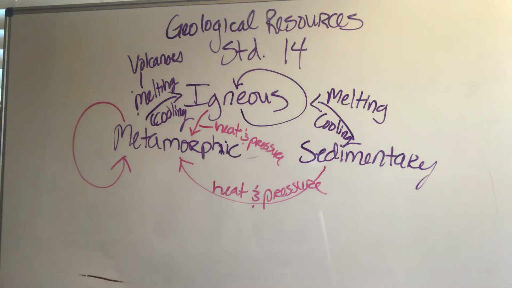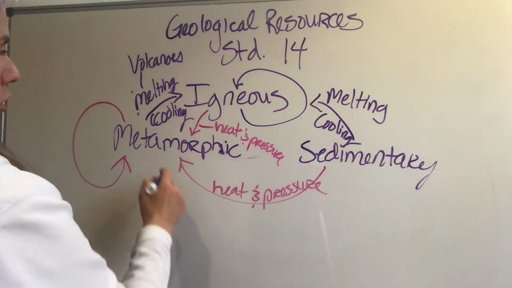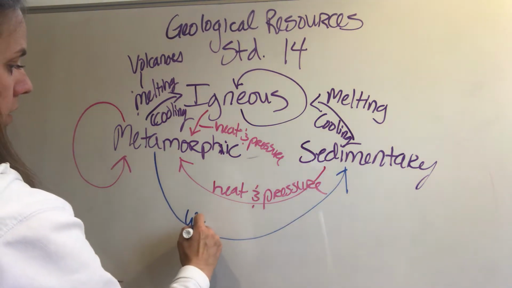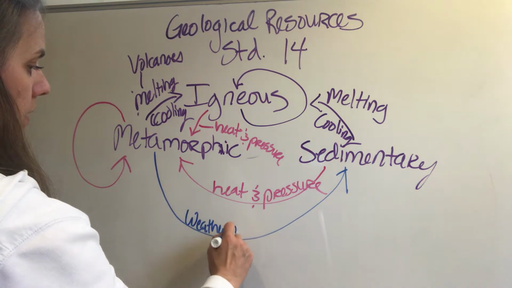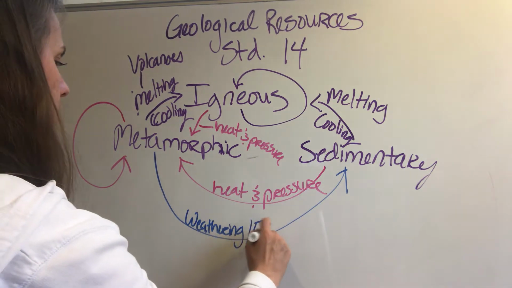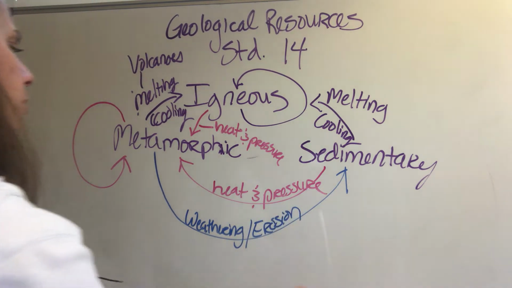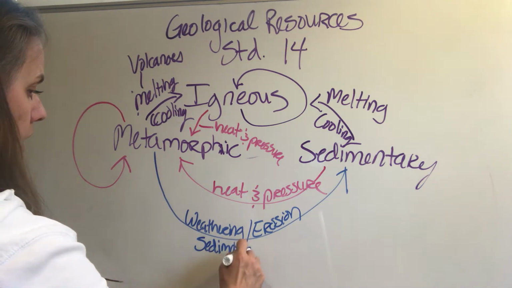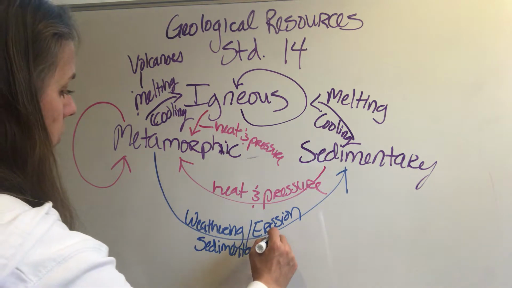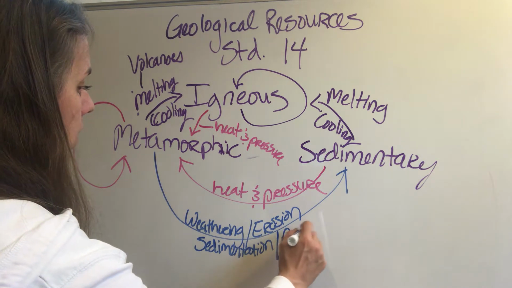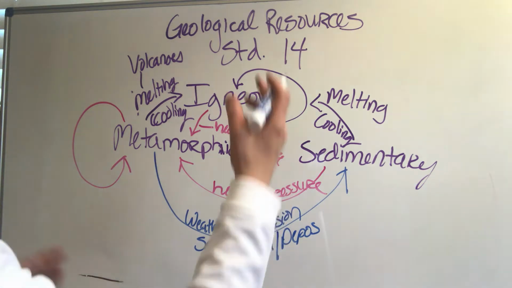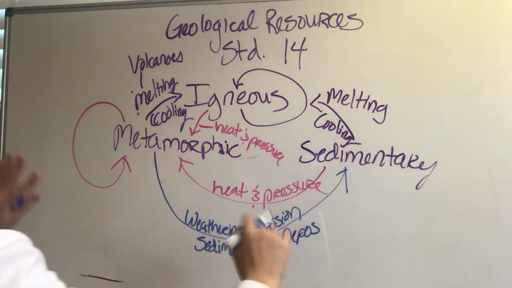Now, the sedimentary rock is the last type of process. A metamorphic rock can become a sedimentary rock through weathering and erosion. And there's like 3 other processes. We'll call them sedimentation and I think deposition, which is different than the deposition of our phase changes, from a gas straight to a solid. It's a different kind of deposition.